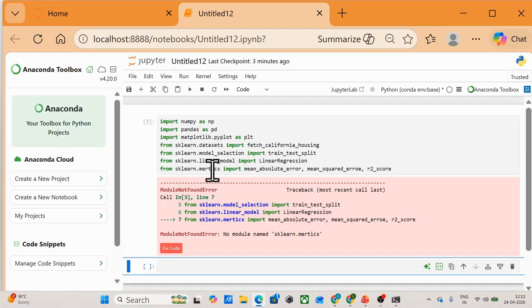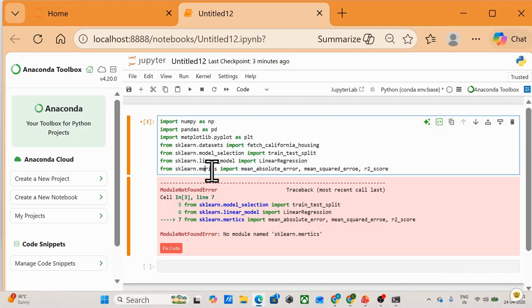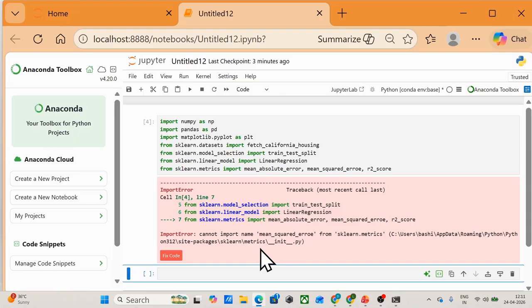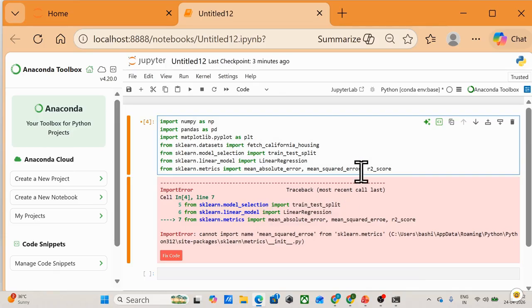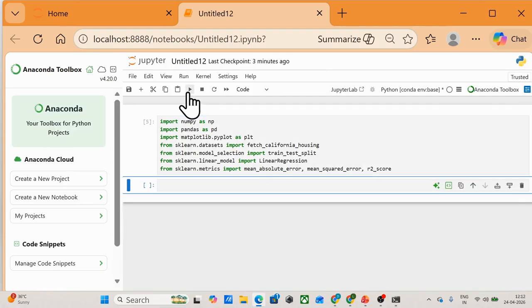Okay, metrics import mean absolute error. What is wrong here? mean squared error, okay. Here is also a spelling mistake which you can see. Okay, yeah. So what we have done, we have imported all the libraries.